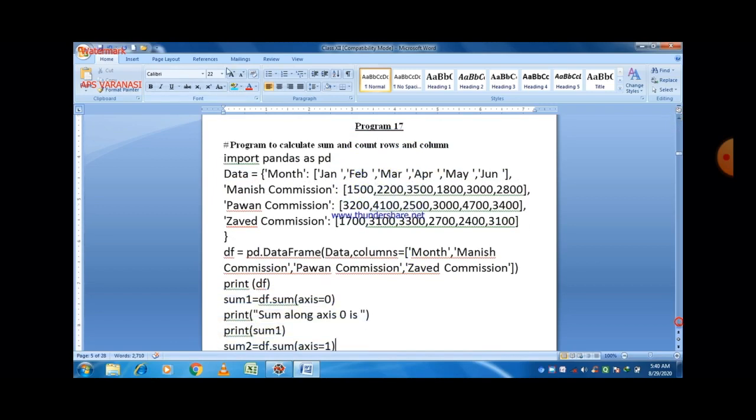So the program is to calculate the sum and count rows and columns. We have to find out the sum along axis 0 and along axis 1, and count the number of rows and columns in a particular data frame. So first of all we have to create a data frame.